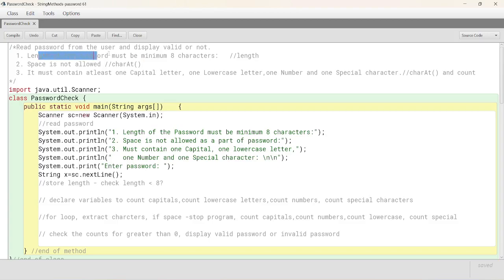So first one is length of the password less than 8, stop the program. Second one, space is there, stop the program. Third one is it should contain at least one capital letter, one lowercase letter, one number, one special character. So we keep counting, counting after extracting each character. So the charAt method is used for finding space and also counting capital, lowercase and all till the length of the